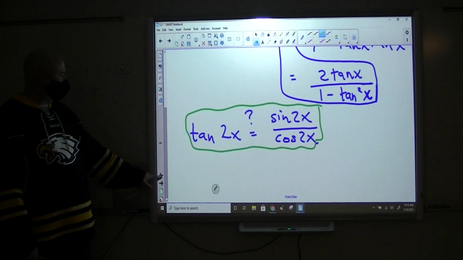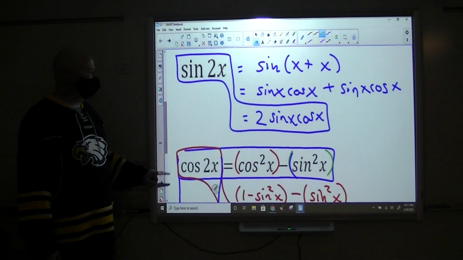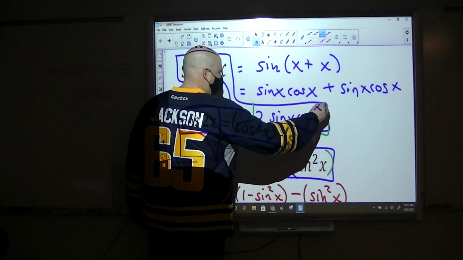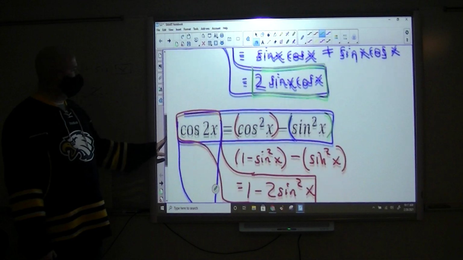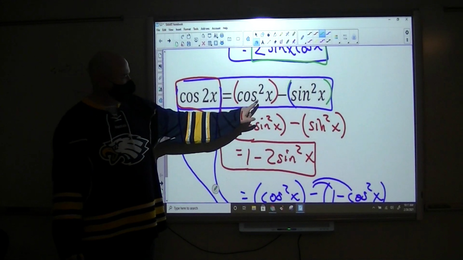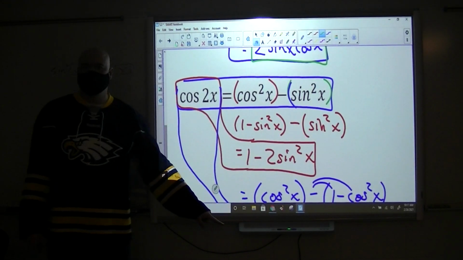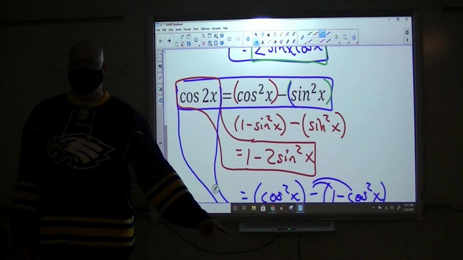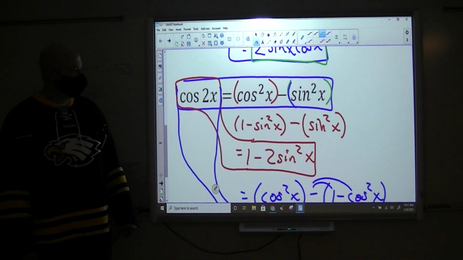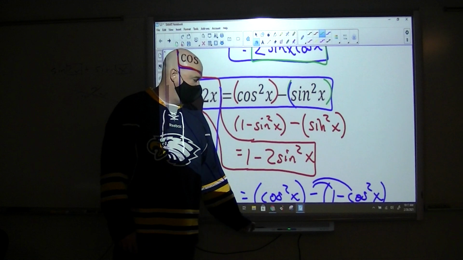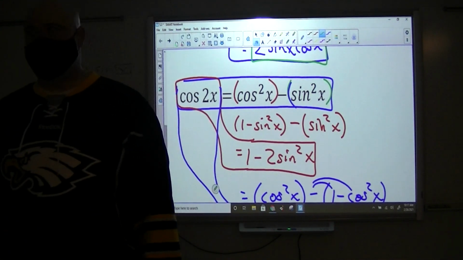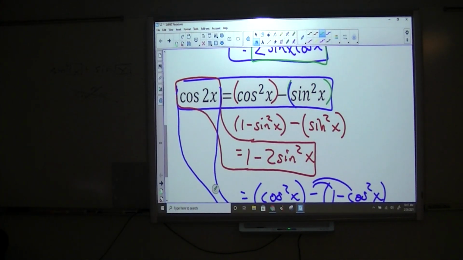I'm wondering if we could take this and put it over one of these three identities and get tangent squared. I don't know. If you want a challenge on a Friday, go for it. Is there an identity that leaves the 1 minus